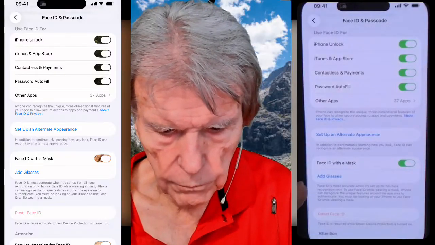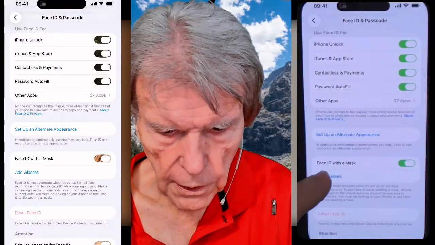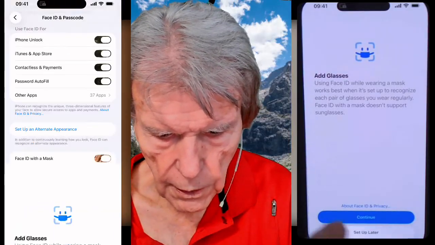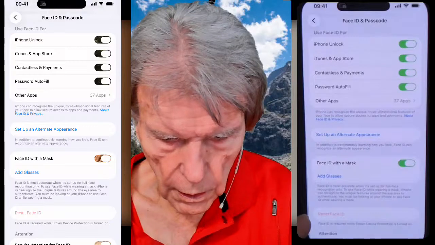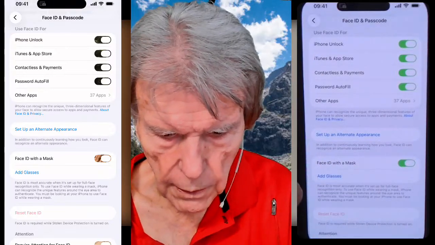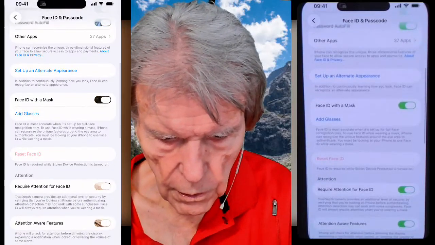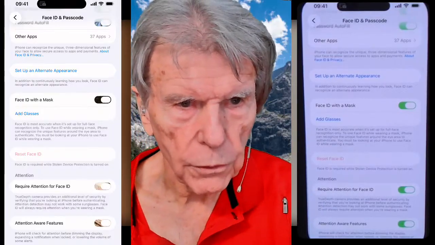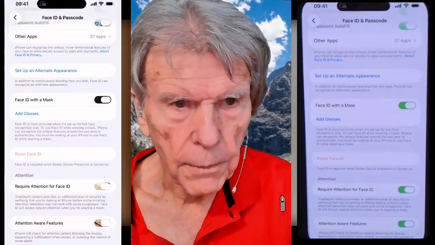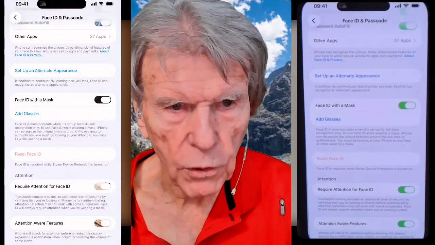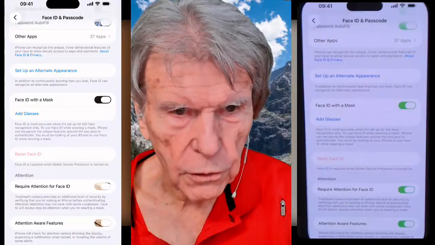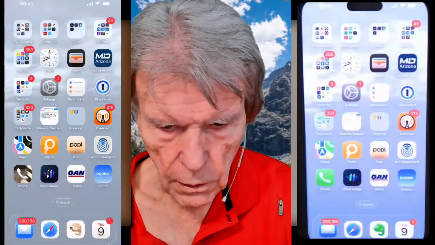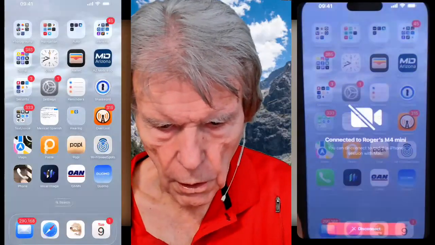And then you probably want to set up add glasses. And so you can set that up later. And have Face ID with a mask turned on. Now this require attention in Face ID is important to have turned on because it allows the TrueDepth camera an additional level of security, verifying that,